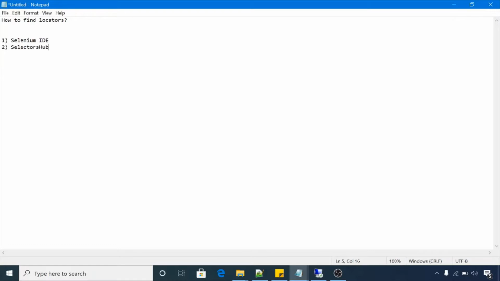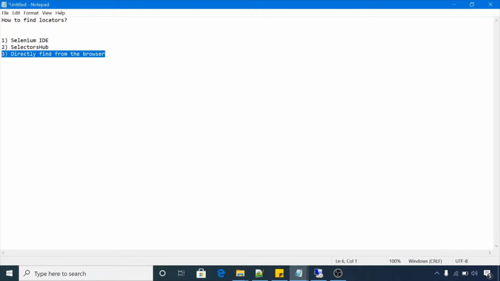So there are three methods: Selenium IDE, Selectors Hub, or you can directly use the browser to find the elements. In today's session, we will see how to find the locators from the browser without using Selenium IDE or Selectors Hub.